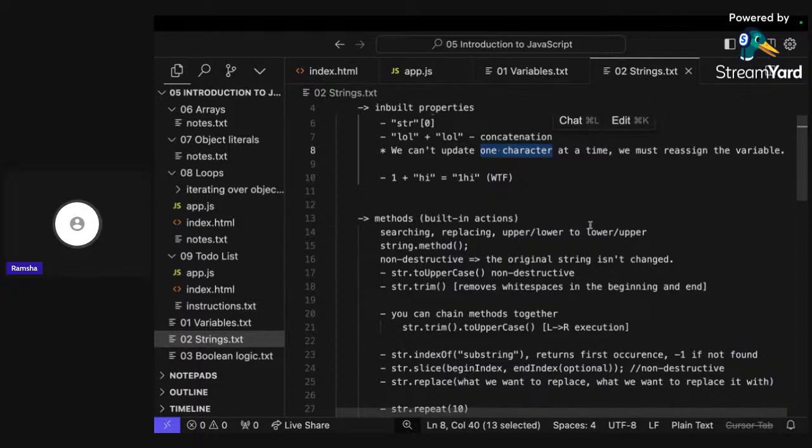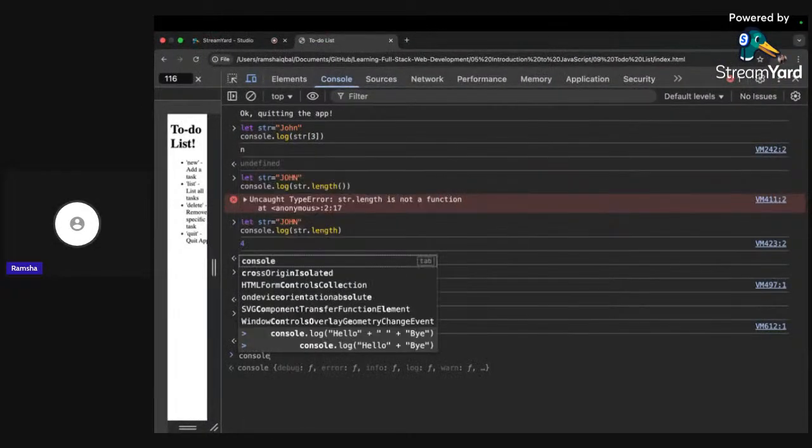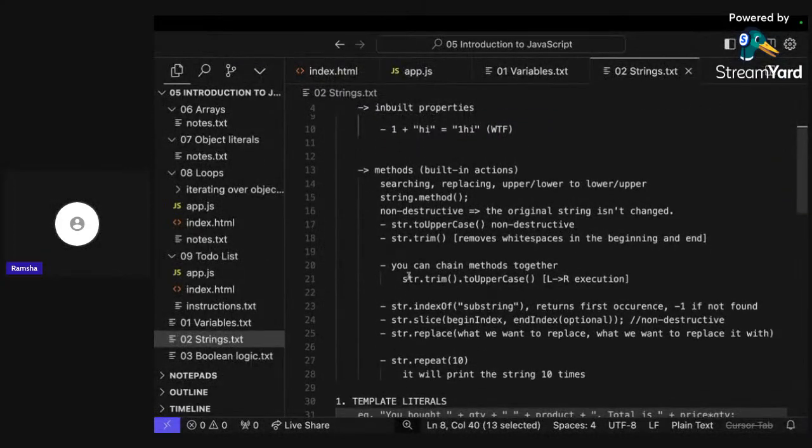Now for example, if I write here console log 1, and then with 1 I add here hello. Okay, so now we will not be able to add these things. One will be considered as a string and both of them will be concatenated. We also have some built-in methods, like we can use search, replace, we can change it to upper and